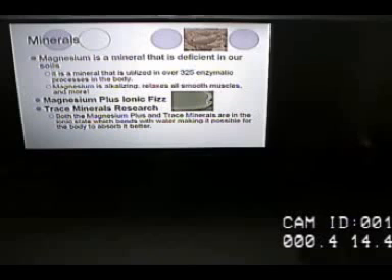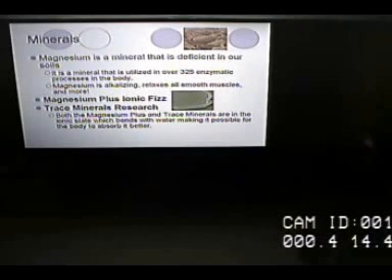Minerals. Again, our body is made of 70% mineral water, so it's very important to get enough minerals. That was one of the things, too, with organic versus non. There were big differences in the mineral contents, as well as vitamin C. So magnesium is important in over 325 enzymatic processes in the body. It relaxes all smooth muscles, helps with pain, sleep, bowels, inflammation, on and on.